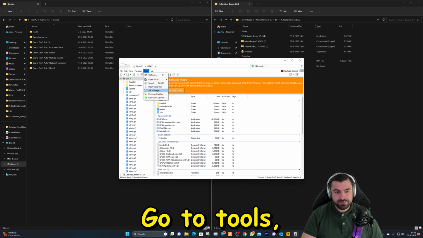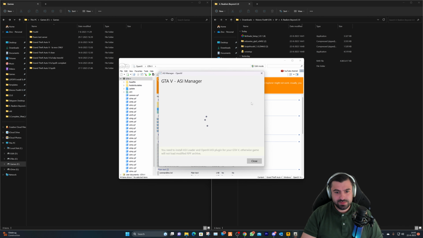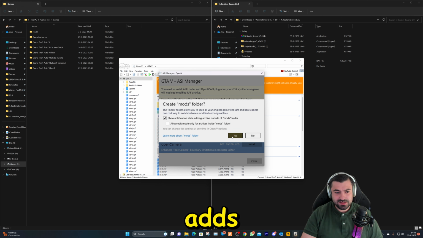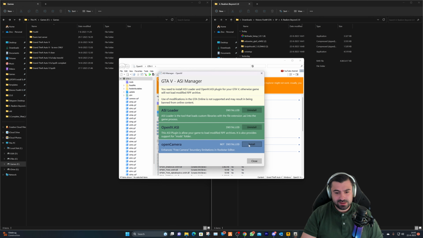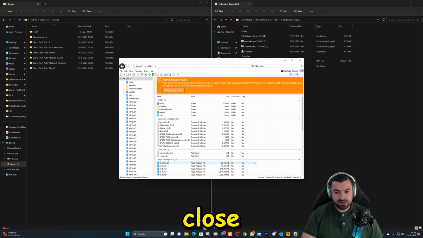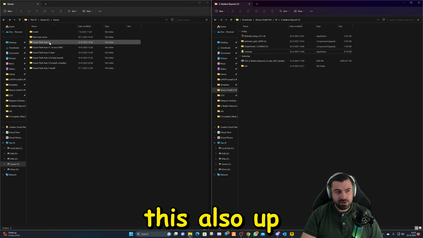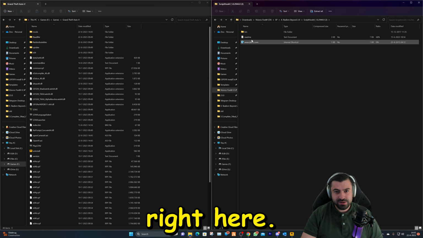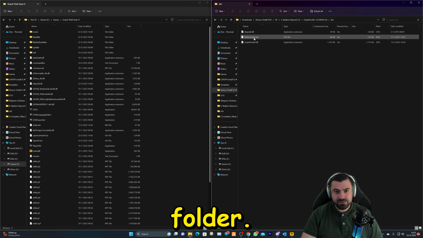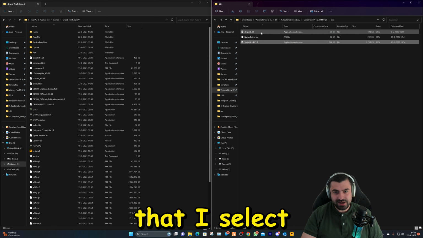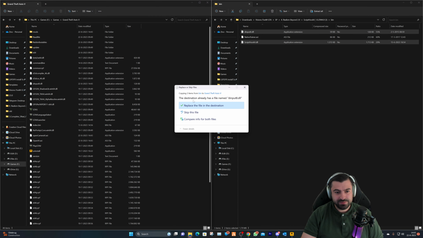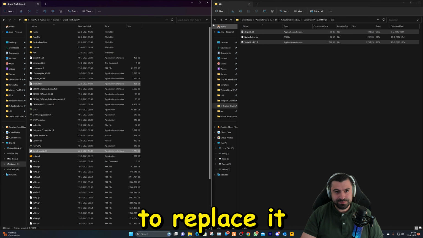Go to tools, click here, then we're going to install this and this, hit yes, and hit here for install, close it up, close this also up, open up the folder. We're gonna go to the next one, that's this one right here. Gonna go within this folder, we're gonna select the files that I select, and we're gonna drag and drop them in our folder here. We're gonna replace it,